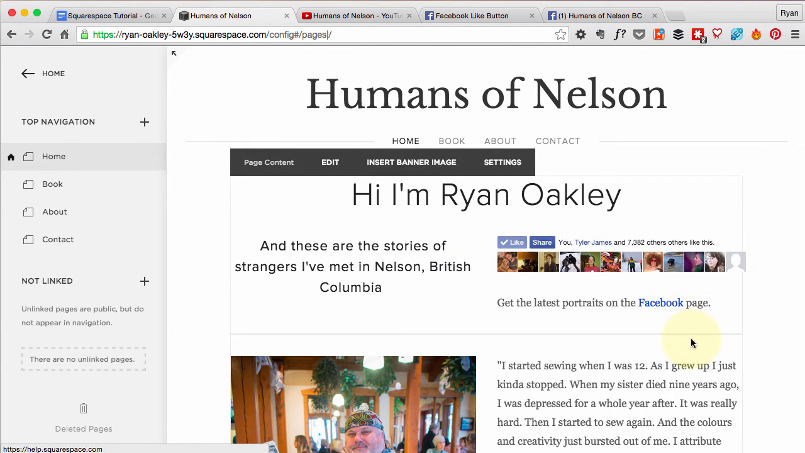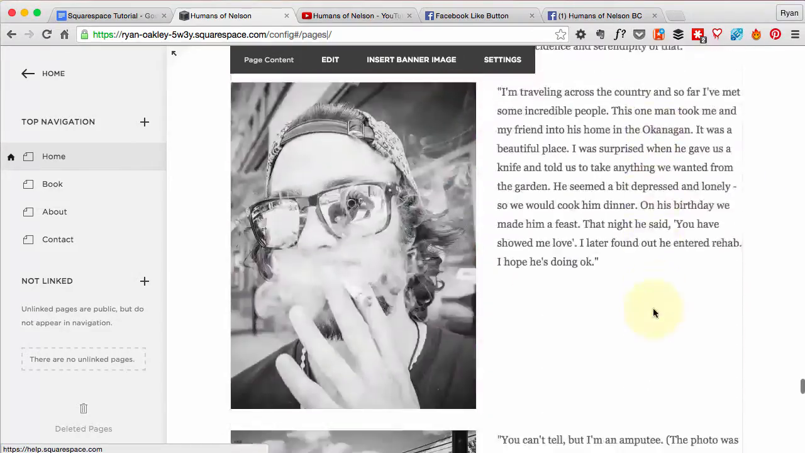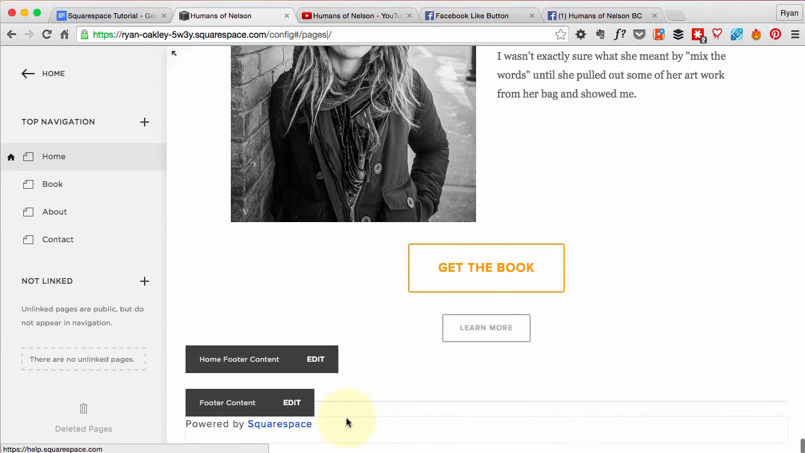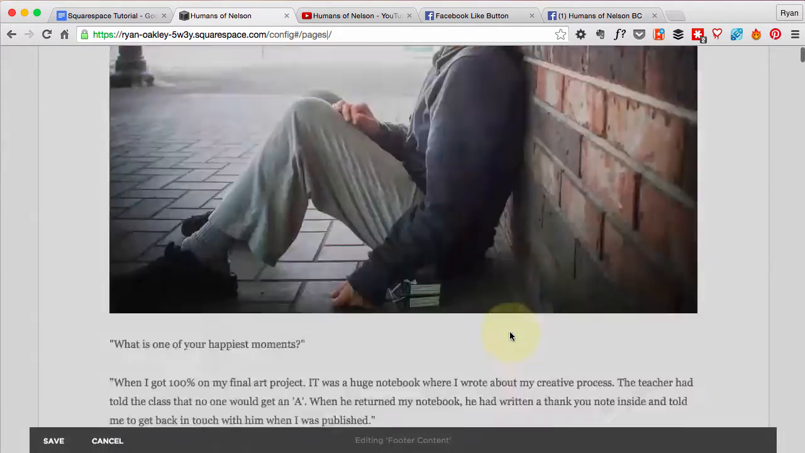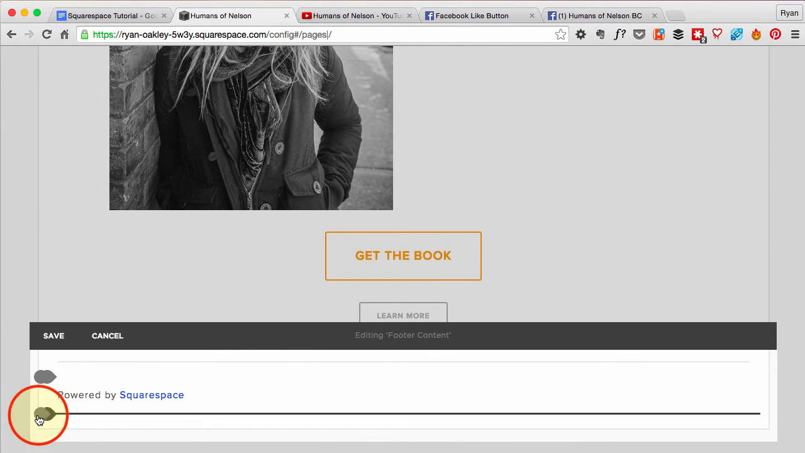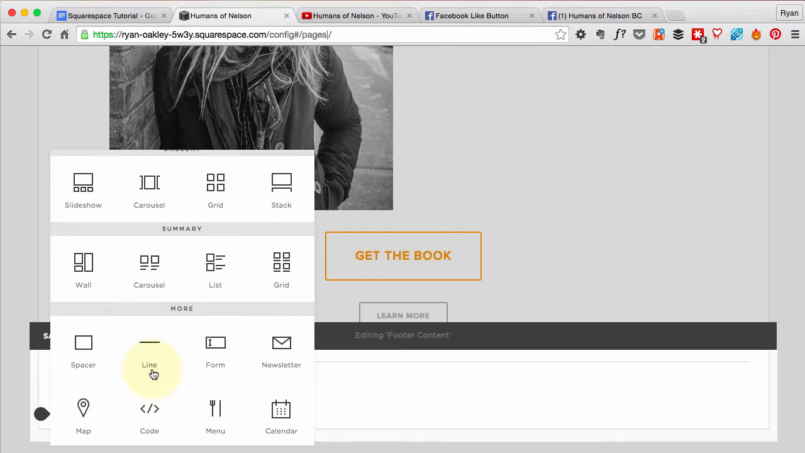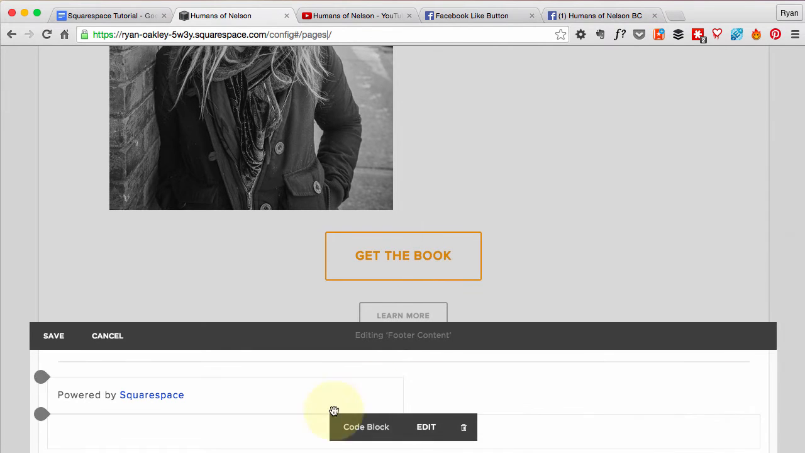Now, while I'm doing this Facebook stuff, I might as well go down to the very bottom of the page and add this same code into my footer. So at the bottom, the footer is content that will show up on every page that you have, not just the home page. So I'm going to go ahead and edit this and scroll down to the bottom and find it. And it works just like any other bit of content. I can go ahead and add the code here